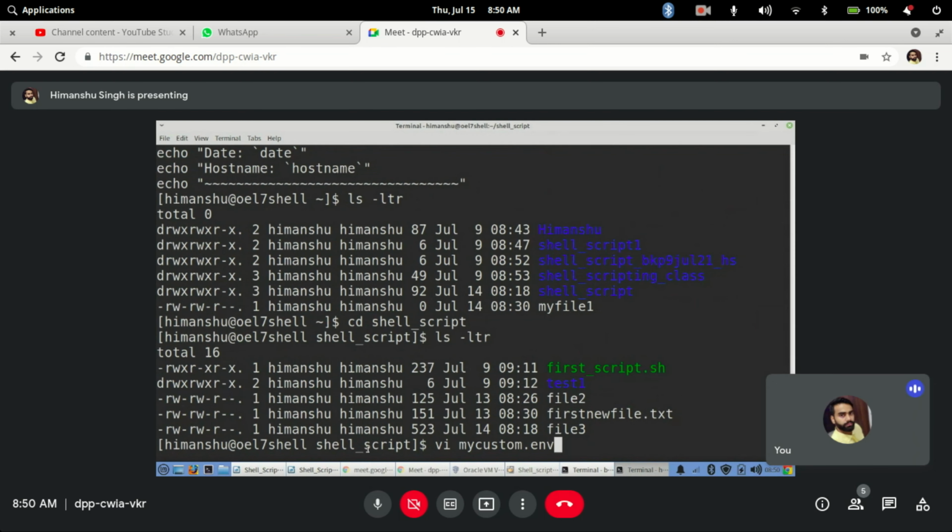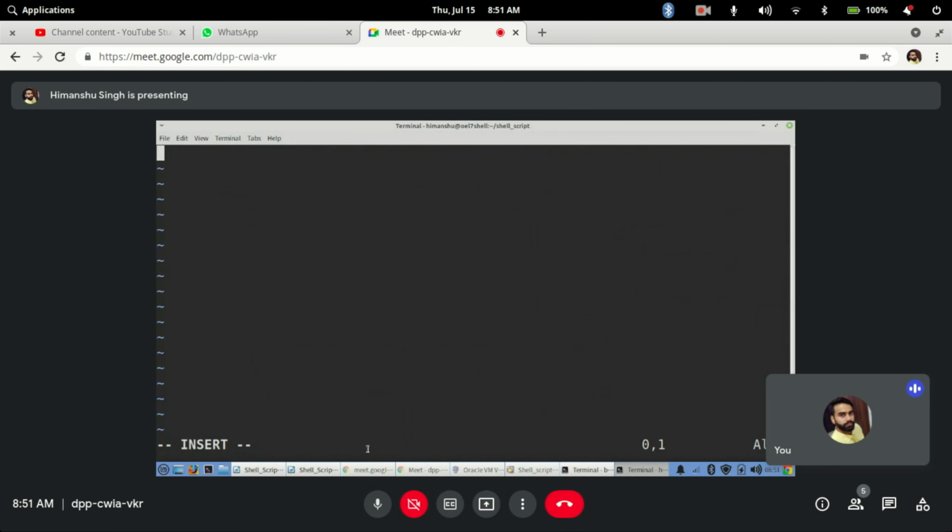So I can go ahead and write something. Export, let's say, variable trainer equal to Rajesh, export class equal to 8 AM, export students equal to Fred.